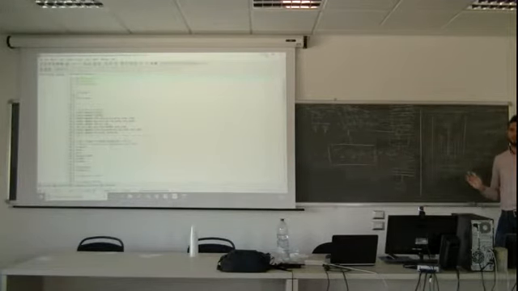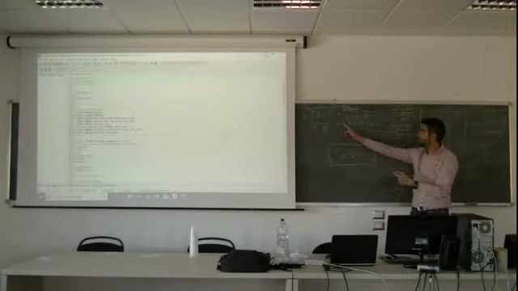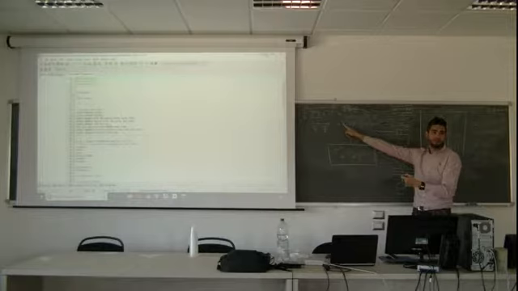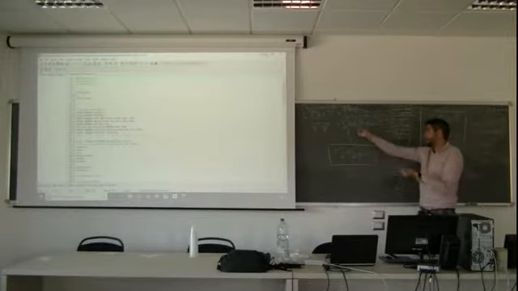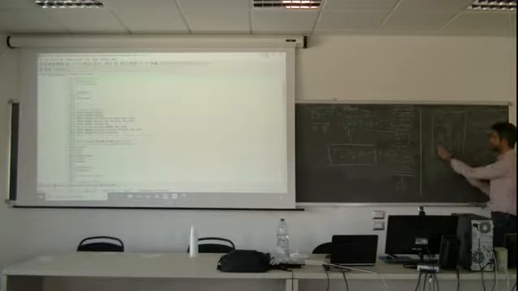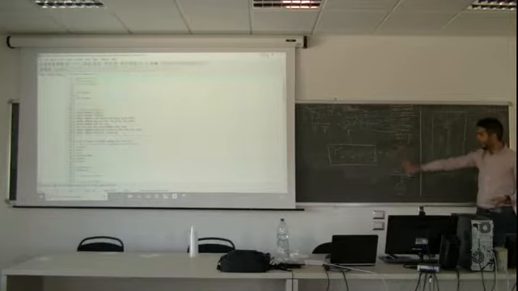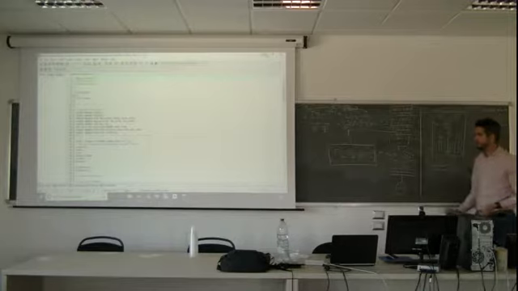Everybody follows me? No strange faces. Any strange face? No? Okay. So this is the same we did yesterday. Now I'm going to isolate TP for each node. I mean, now I equal to n, I isolate TP. I will do the same for this kind of nodes. I will do the same for I equal to 0. I will do the same for I equal to n plus m. And I will do the same for this kind of nodes. And that's it. And now we can move and program this. Okay? Okay, let's do it.